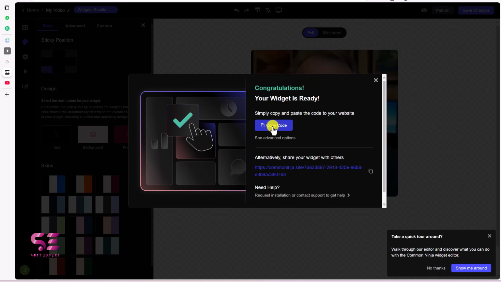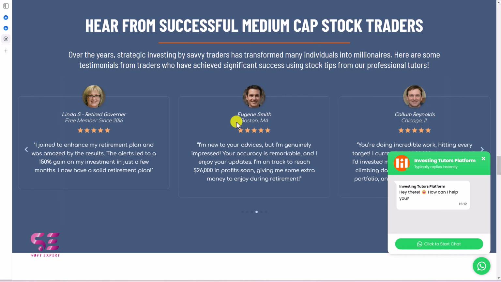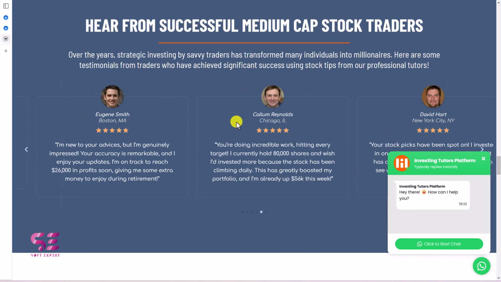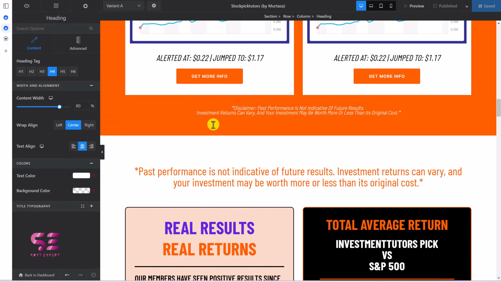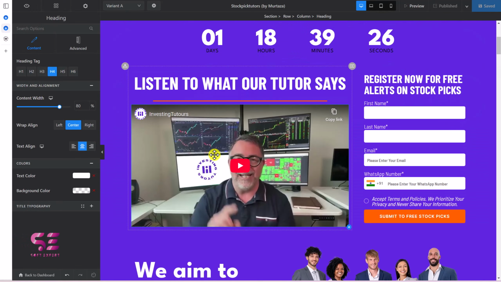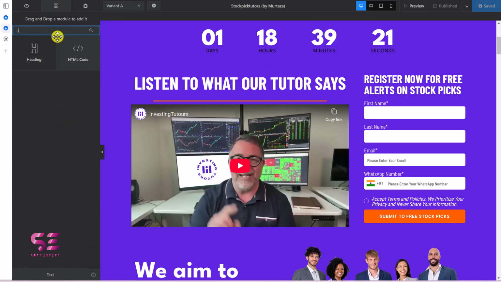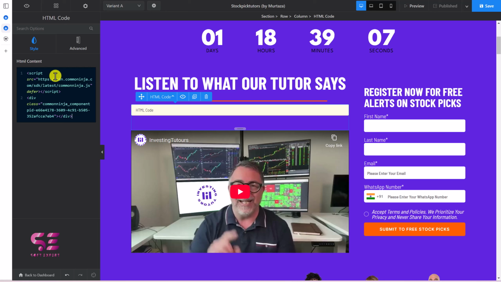I'll just copy it, and you can use any platform as I mentioned. In this case I'm using Swipe Pages, which is a super fast landing page builder. Let's edit this page. We have that video over here, but instead of this I'll use that sticky video. So I'll search for HTML. You can use HTML or your code module. I'll paste the code I copied there. That's it. Let's save it,